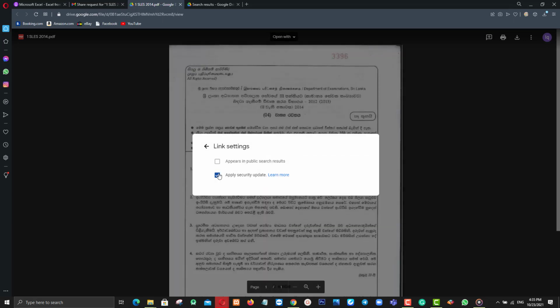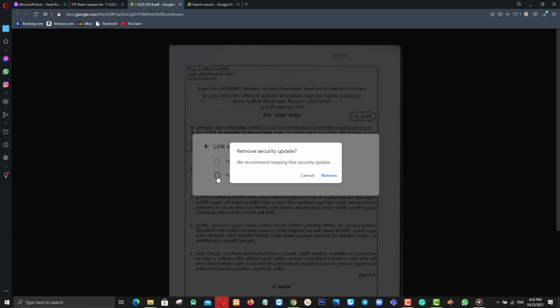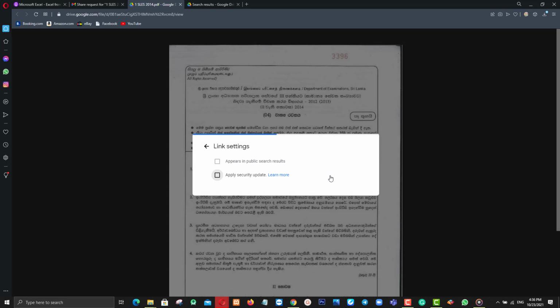Then you can see the apply security update. There's a tick mark, so I can untick this. So remove security update. Okay, now I am going to remove security update. Okay, click remove.